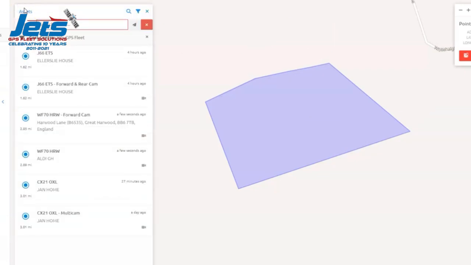And what that's done, in your fleet list here, it's now ordered them with the closest and the distance to that location on the map. Likewise, if it was an address that you had,